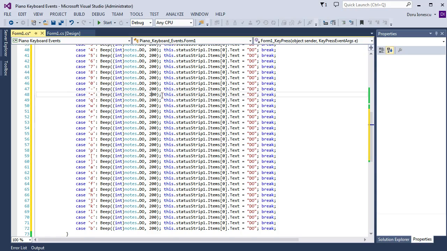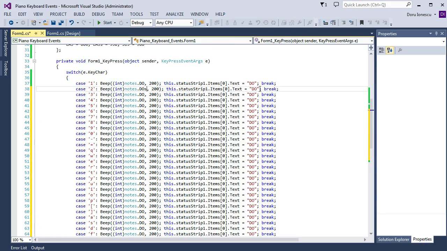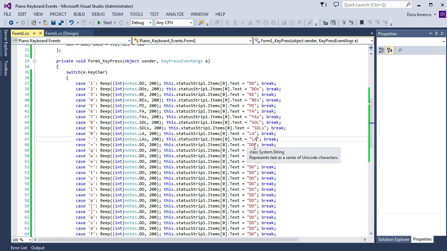Then we set for every case the musical note and the text displayed when we press on the key from the keyboard. We start with Do, we have Do, then Do sharp, Re, then Re sharp, Mi, then Fa sharp, Sol, sharp, then La, sharp, then Si,